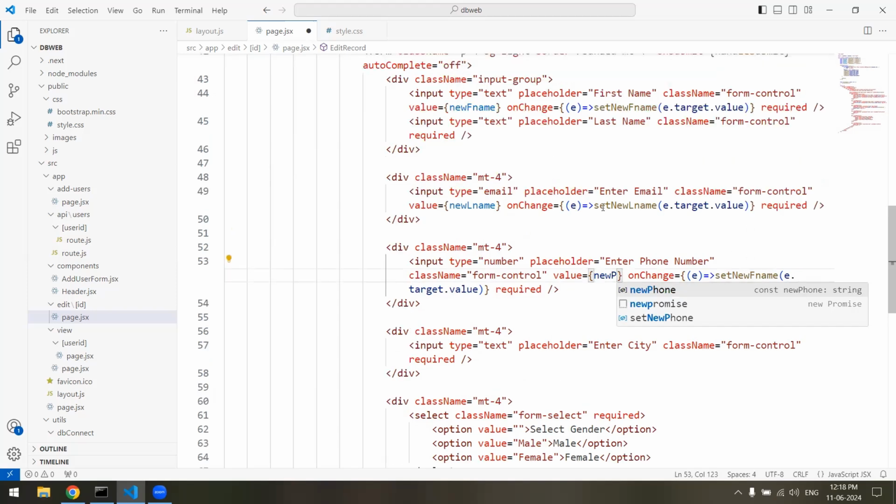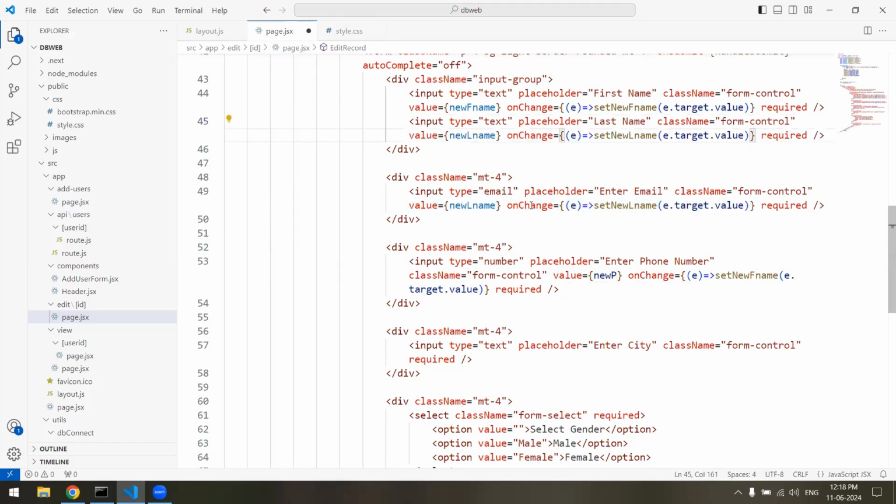I'm sorry, this is email or l name, this is the l name. Last name over here, this is the l name, and this is email, set new email, and then it would be phone, new phone, and then set new phone,